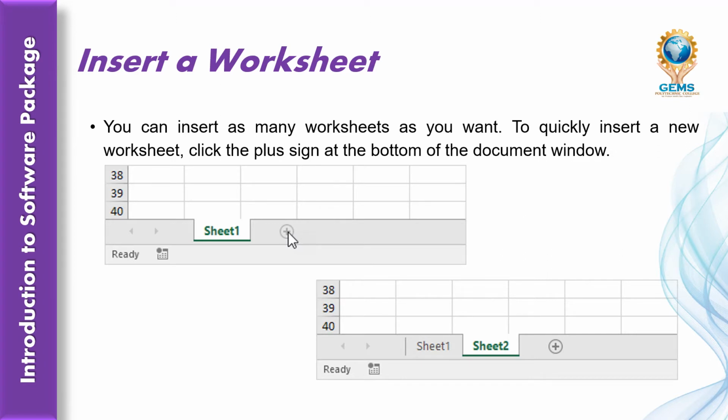The first image shows the plus sign. You click this plus sign and you will get Sheet 2. This is the way to insert a worksheet.